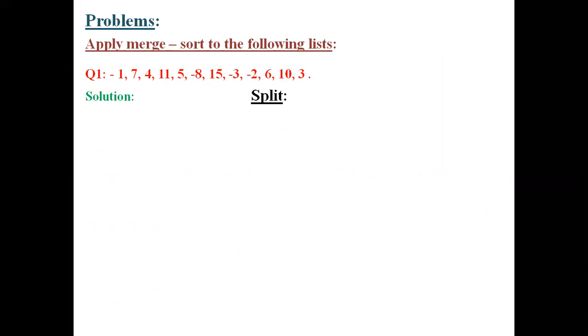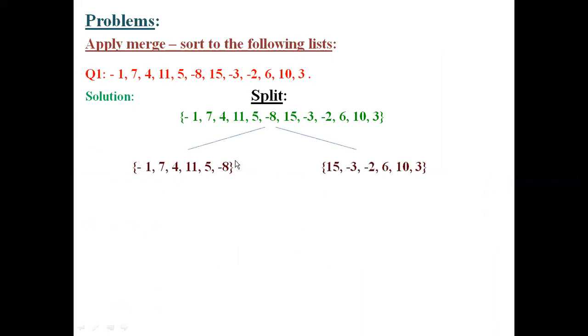First, we are going to split. Consider the given set of elements. We consider it in the form of a set. We are going to divide this list into half. So on the left hand part, we have the first half of it and the second half in the right hand part. There are totally 3, 6, 9, 12 elements. So 6 of the elements to the left and remaining 6 of the elements to the right. This is the splitting part.